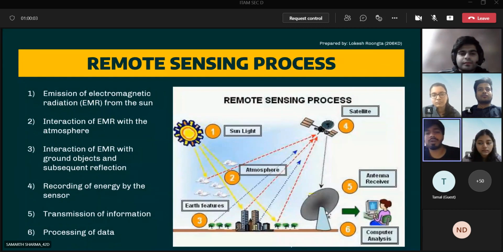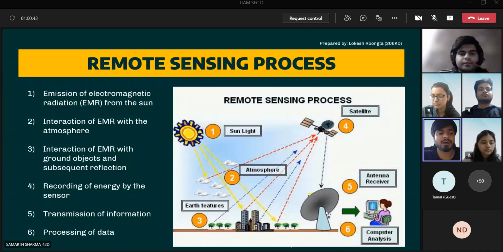Now, this is called the remote sensing process, wherein the satellite is used to relay information back to the ground and to the farmer, and then further analytics can be used to make the whole process of agriculture more efficient. The process starts with the emission of electromagnetic radiation from the sun. Then in the second step, the EMR interacts with the atmosphere and is reflected back. Through that, we get the information of what the cloud cover will be and how much sunlight the